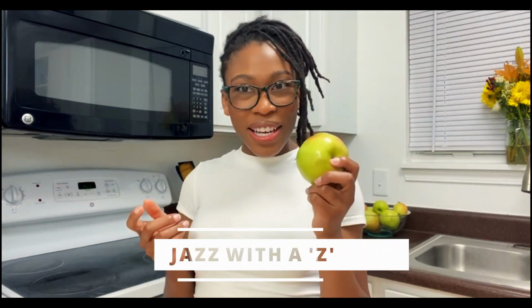I have an apple here that my family and I picked over the weekend when we went to the apple orchard. Very fall vibes, and so I thought, why not make an apple crumble cake that is vegan friendly? I'm not vegan myself anymore, but I try to find as much opportunity to cut down on animal products as